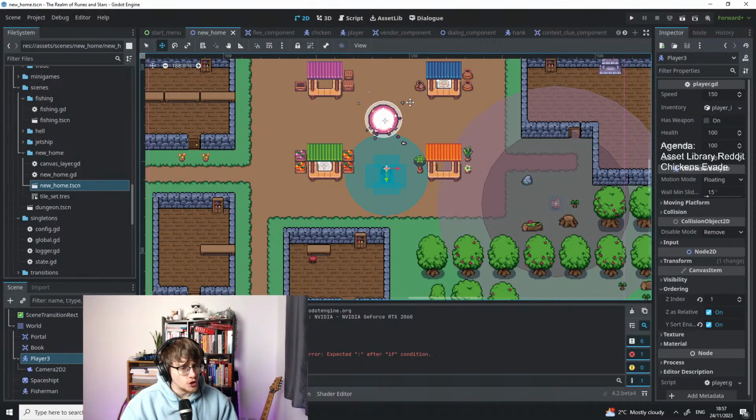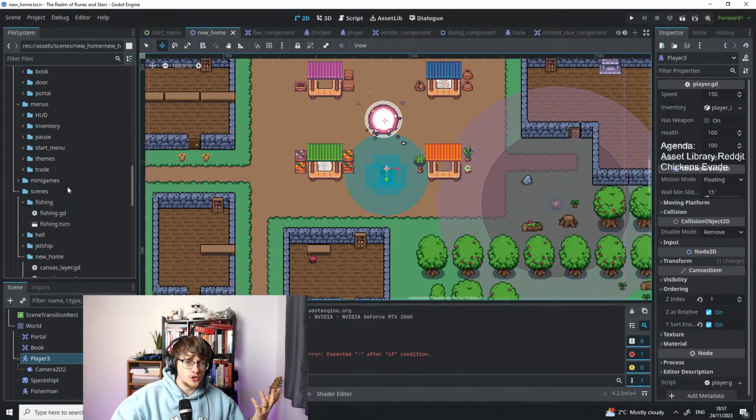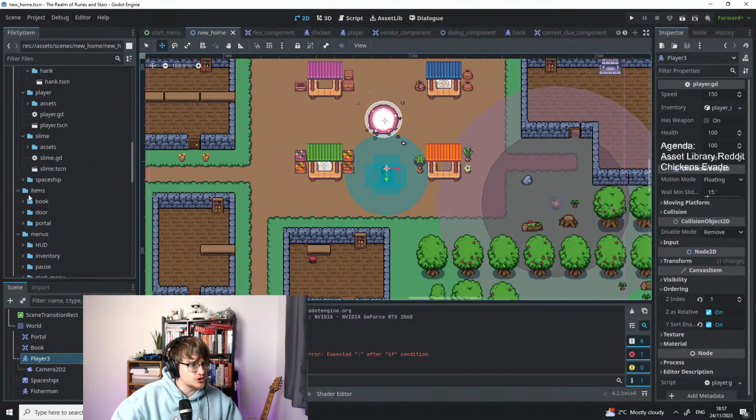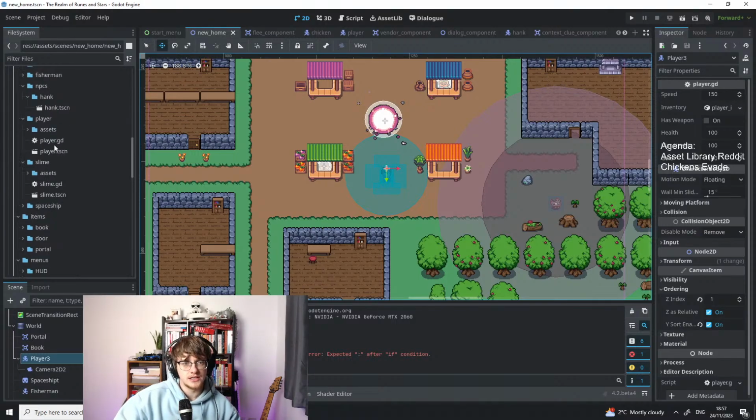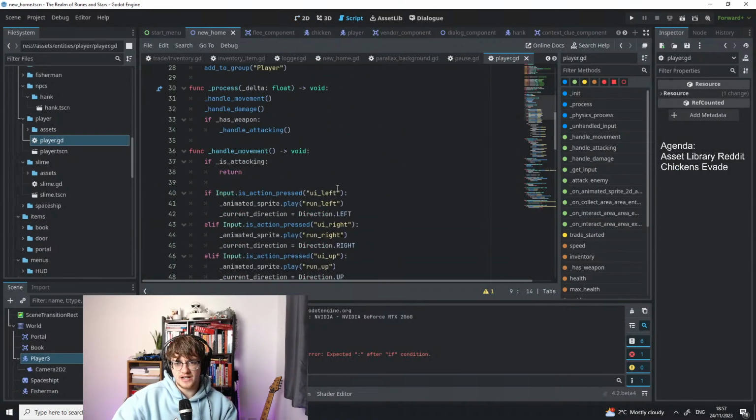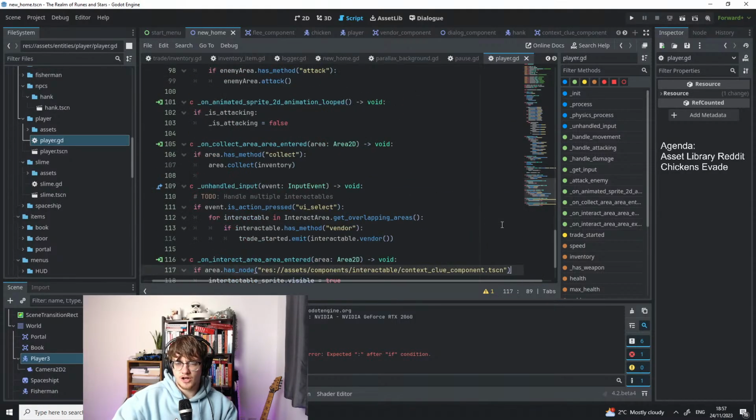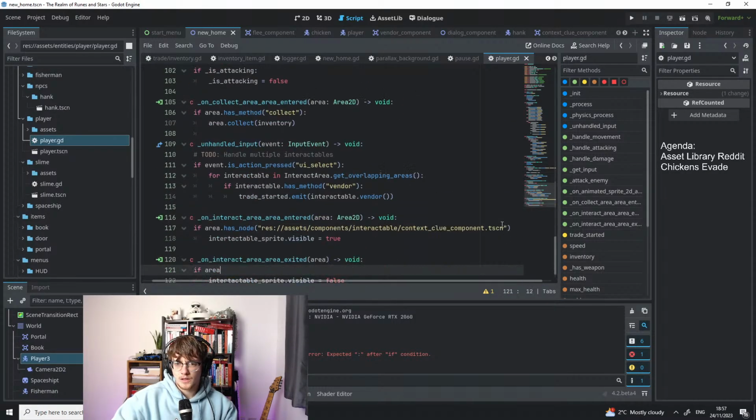Okay, that's not a node. A scene file isn't a node. Yep. So to use has node, I need to create an instance of that node to check if other things has that node. But I don't really want to do that. I don't want to create an instance of the node. So I'd rather just